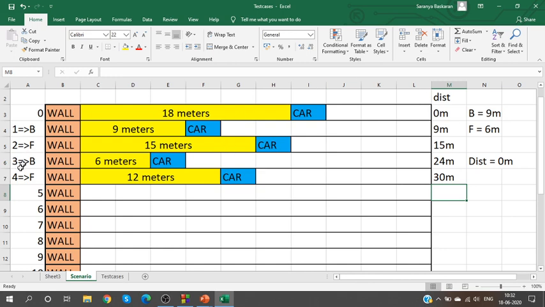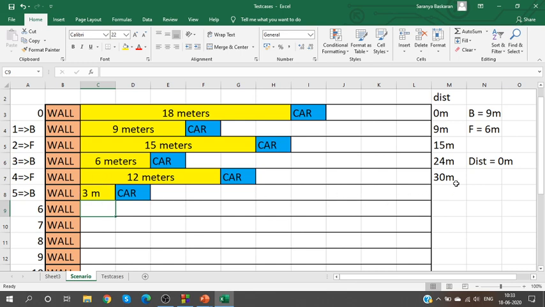Okay. Next step, move in backward direction. After finishing forward, move in backward. So from 12 meters, we will move in backward direction. When I move in backward direction, what is going to be the distance? From 12 meters, we move in backward direction by how many meters? 9 meters. So the current distance will be 3 meter.